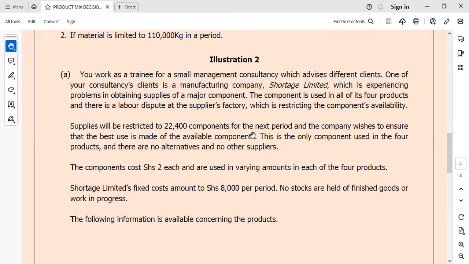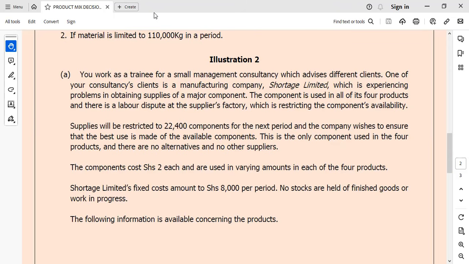The component is used in all of its 4 products, and there is a labor dispute at the supplier's factory, which is restricting the component's availability. Supplies will be restricted to 22,400 components for the next period,